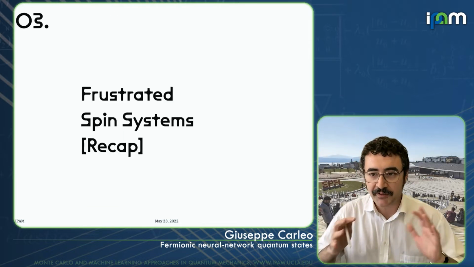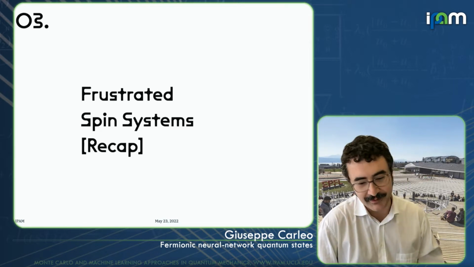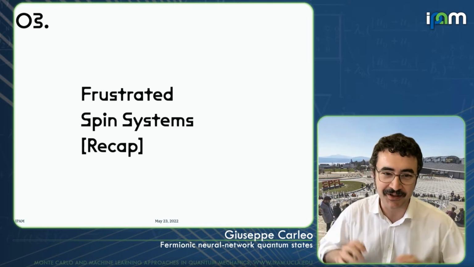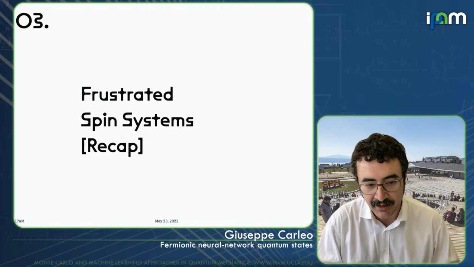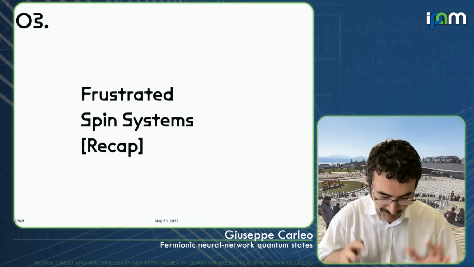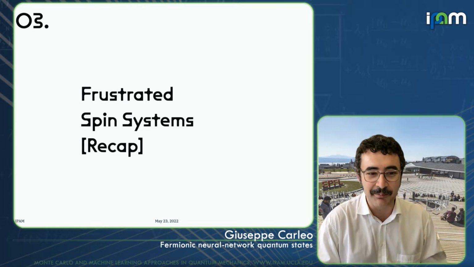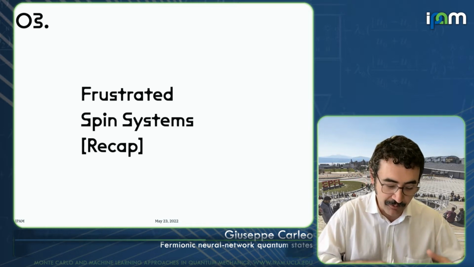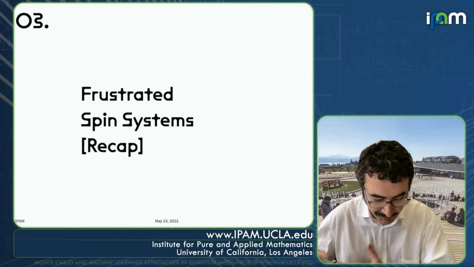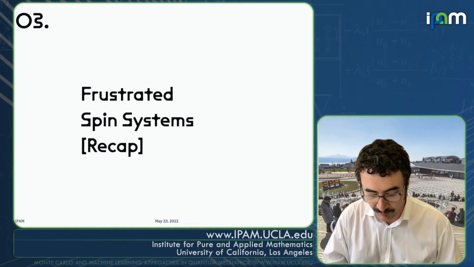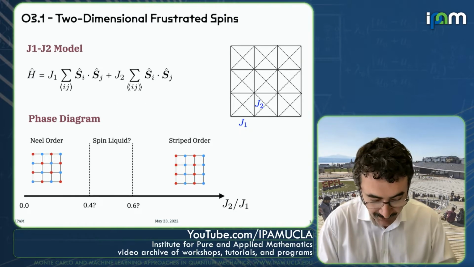Now, most of these techniques that I've been discussing so far have been used, I would say, in 80% of the systems that we and many other people have used these techniques on are spin systems. So before moving to fermions, which is the rest, the 20% of the other applications, I want to maybe just do a small recap on the state of the art there, just to tell you also how far we've gone there and what is left, if you want, in terms of improvements.